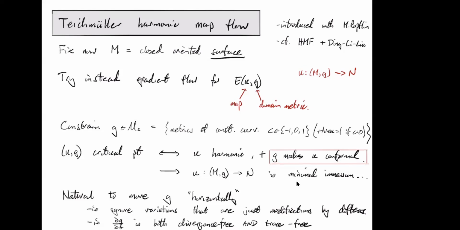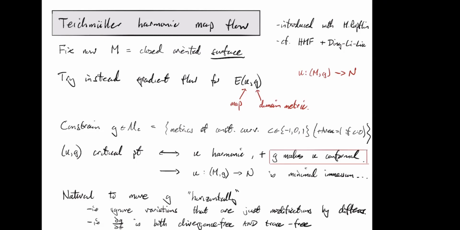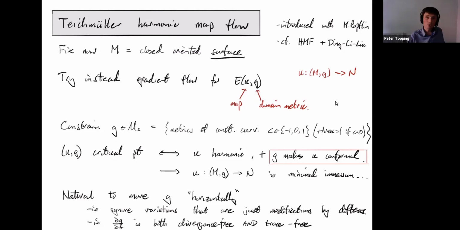Peter, okay? There is a question in the chat, I think. Oh, okay, I should open the chat. I can read it if you want. So it's: why not allow the codomain metric to vary? Oh, well, you could do that in certain situations. It depends what you're actually trying to achieve. So I'm a little bit suppressing in this talk what we were trying to achieve with this. It's hidden a little bit on the next line, which is, well, let me just give you the next line and then I'll answer the question.